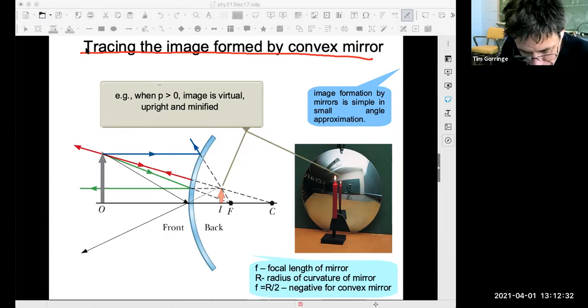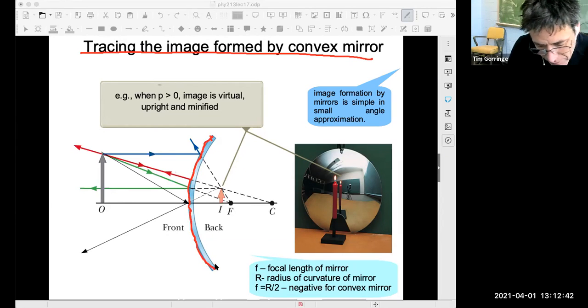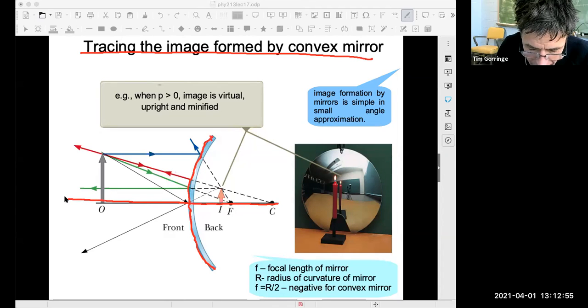A convex mirror is kind of the outer surface. Here it is. That is mirrored, and light reflects off this outer surface. Now again, to construct the image of an object, I draw an optical axis through the center of the mirror, perpendicular to the face of the mirror. I'm going to mark out the focal length of the